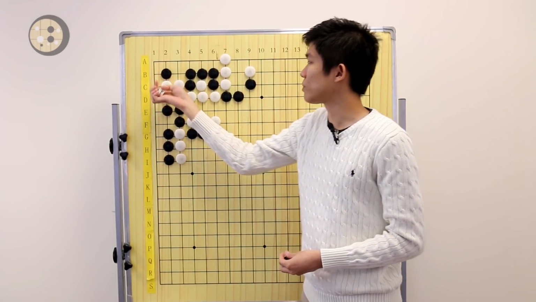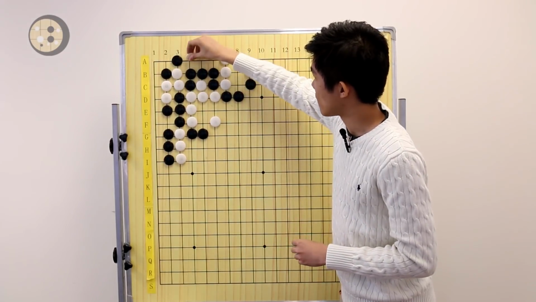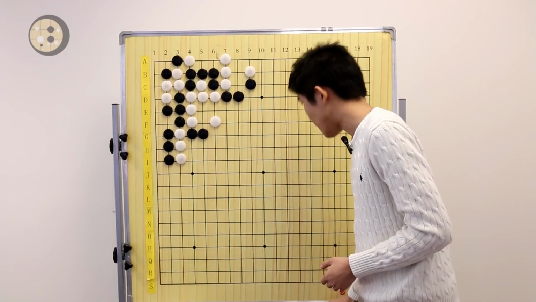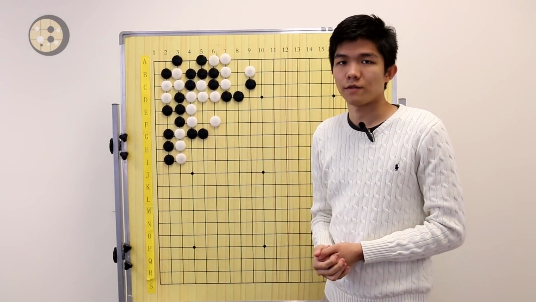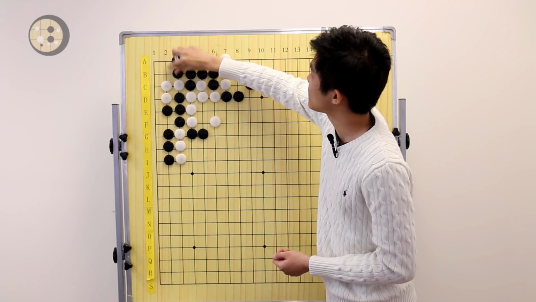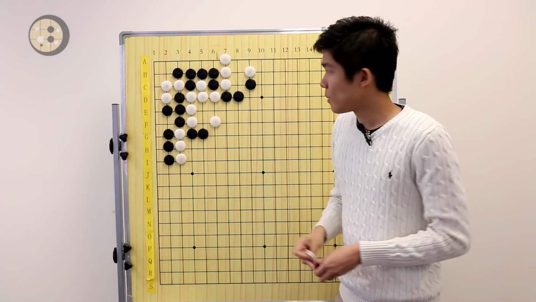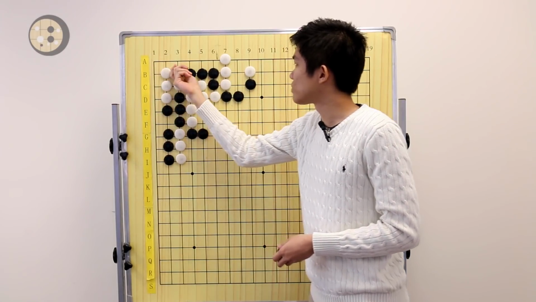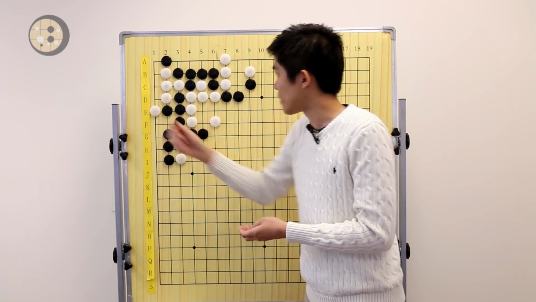So before, when black played here, it no longer works because white could push and throw in. So now when black captures, because of the stone, there's no liberties left. What about when black plays here? It seems like it's 5 versus 3. But the problem with that is when white gets the 2-2 position, after this atari,